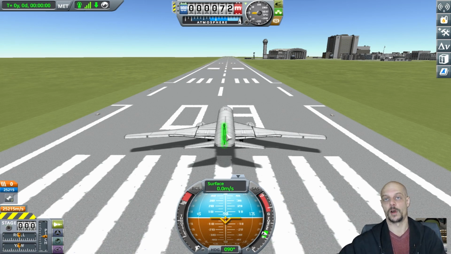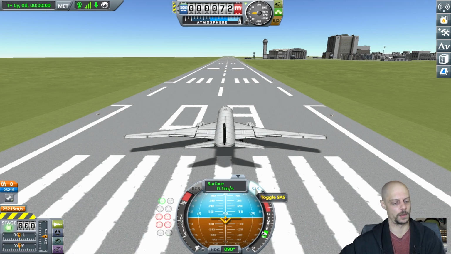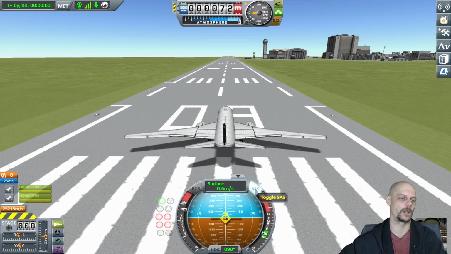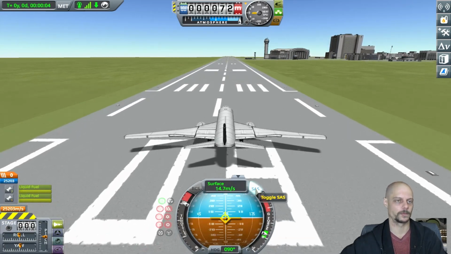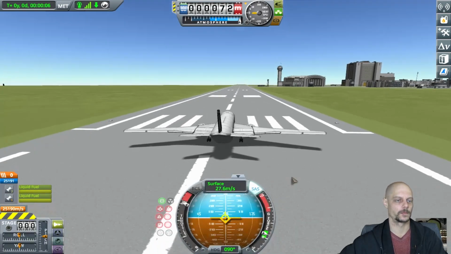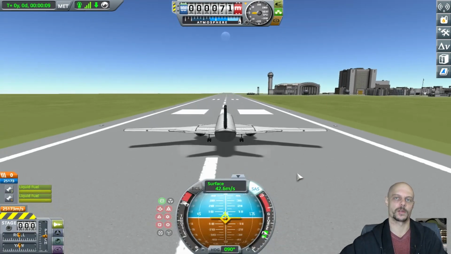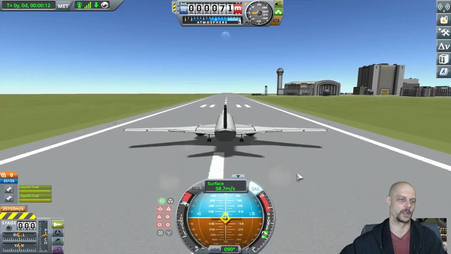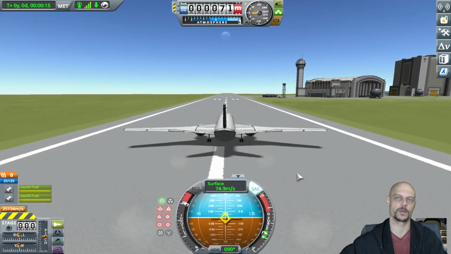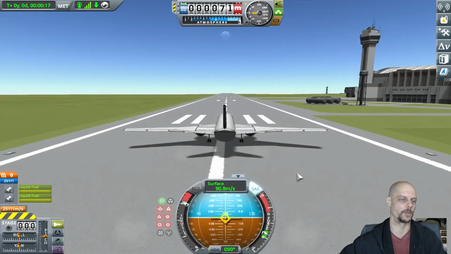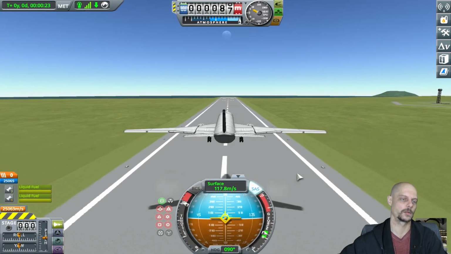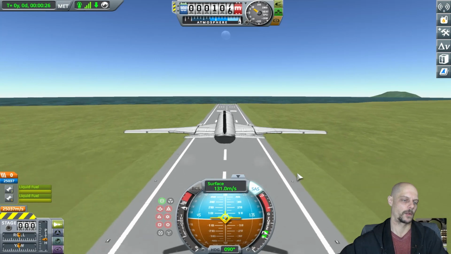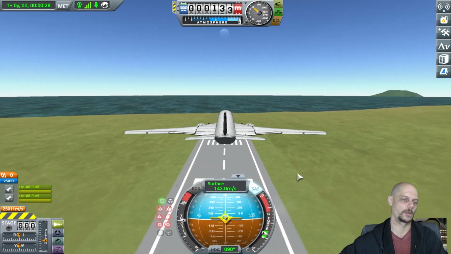So let's take this guy for a trip around the block and see what we're looking at. Brakes off, stability control on, engine on, and throttle up. Because of the sheer mass of this simulated aircraft, it takes a little bit to get going, just like any other comparable airframe would. So it's not too bad. Let's pitch up a little bit, stow the gear, throttle back down a little bit since we're in the air,